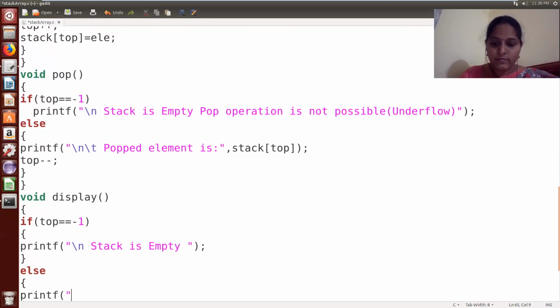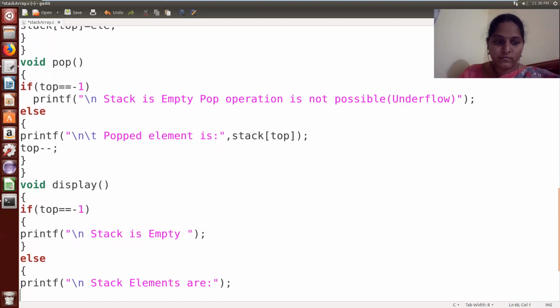Printf "stack elements are". So here we should print all the elements of the stack.